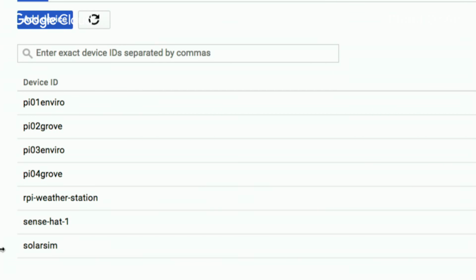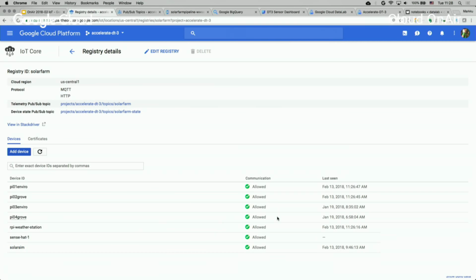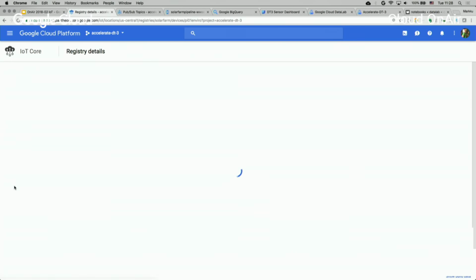And then for all your registries, you then have your devices. So these are the physical devices that I have registered in this registry. Actually, the first ones are physical Raspberry Pis, but the last one is the Kubernetes simulator. That's also a device here. You can see that each one of these devices is allowed to communicate. And if I select one of them,